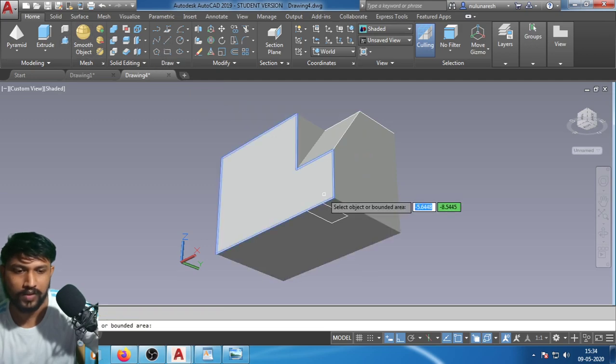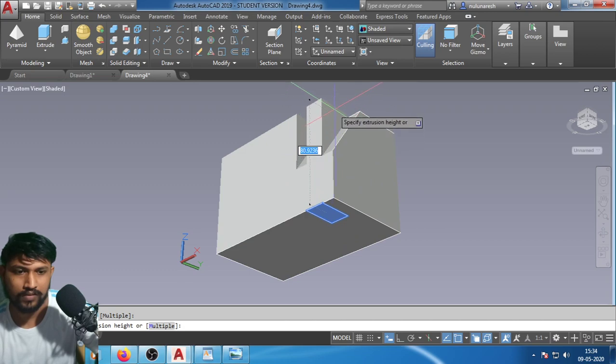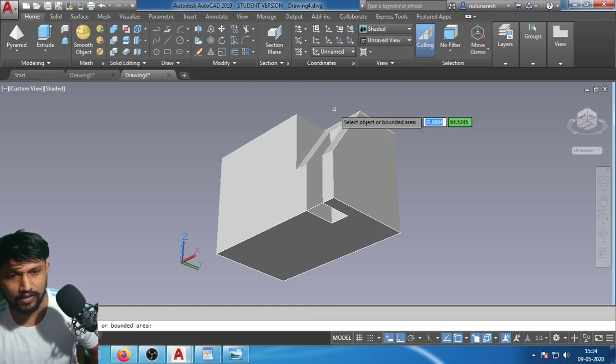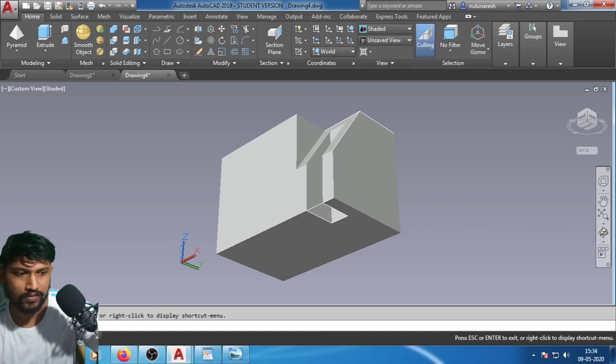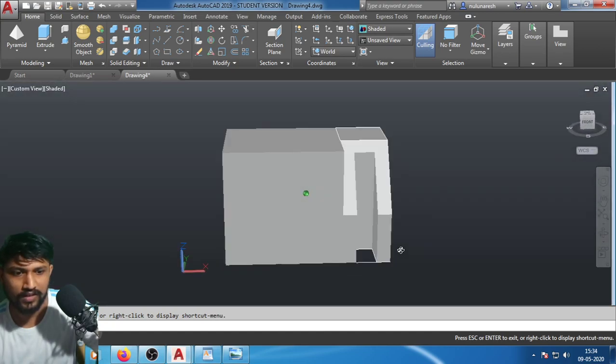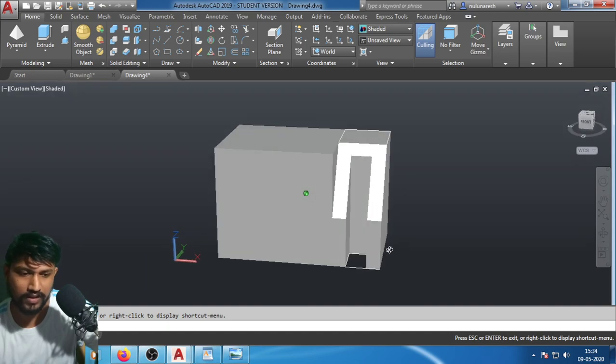I'm gonna take the press pull up to 80 dimension. I have created the slot that I require, but see here, if you guys observe,